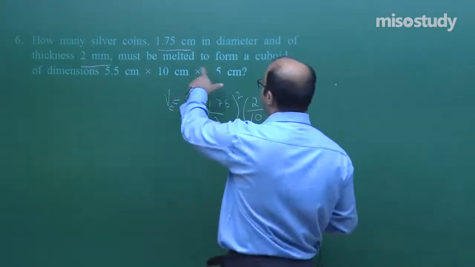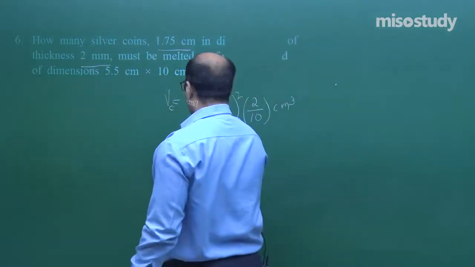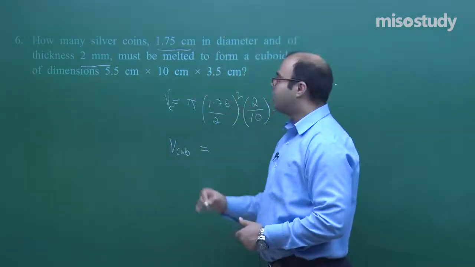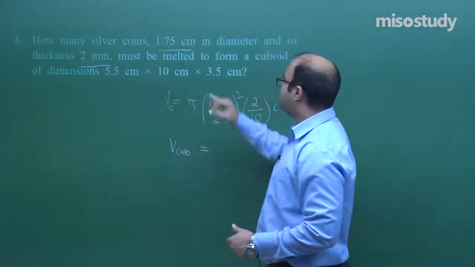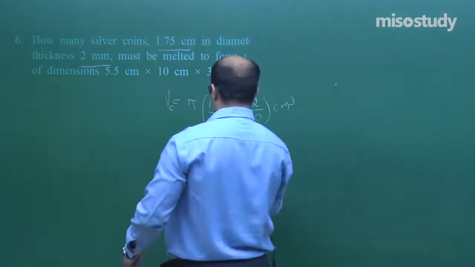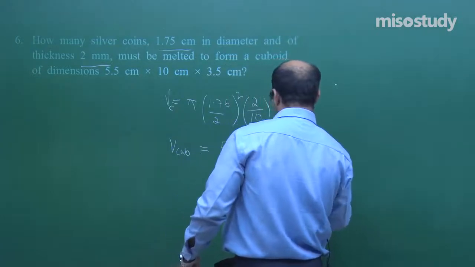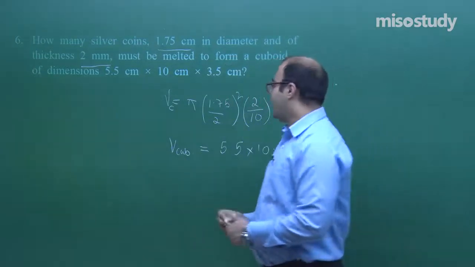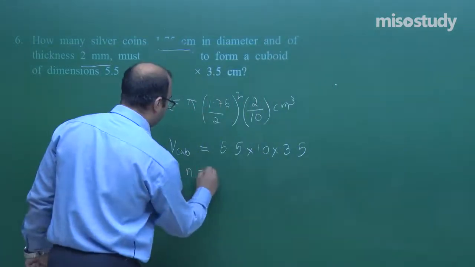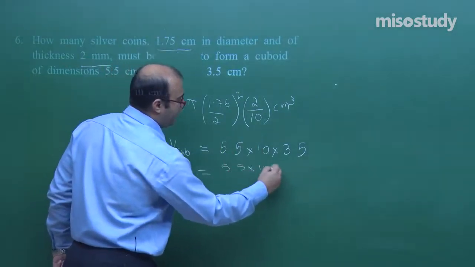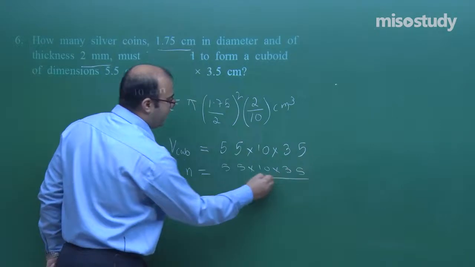Now this is melted to form a cuboid. So the volume of cuboid is equal to L into B into H, 5.5 into 10 into 3.5. So how many coins do we need? The number of coins will be equal to the total volume of the cuboid, 5.5 into 10 into 3.5, divided by the volume